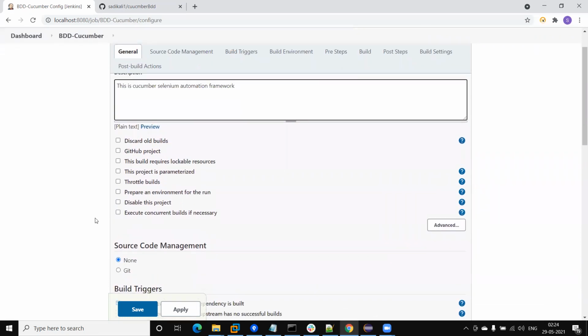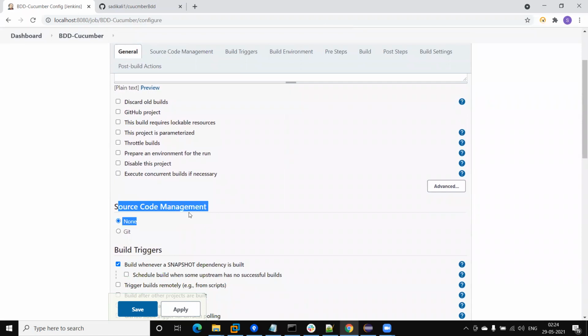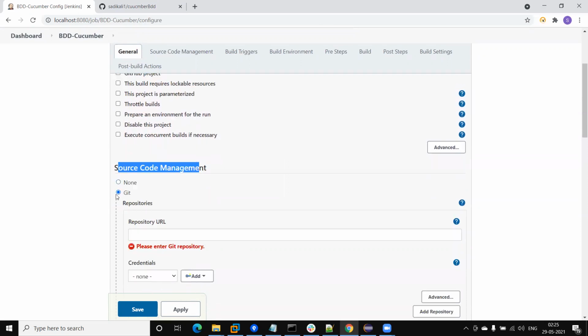We can ignore this. Next, this is the source code management section, meaning where we are getting the code from. Currently it is None. None means we are not going to integrate this with any source code management tool. If we select Git, then it means the code will be pulled from the Git repository.